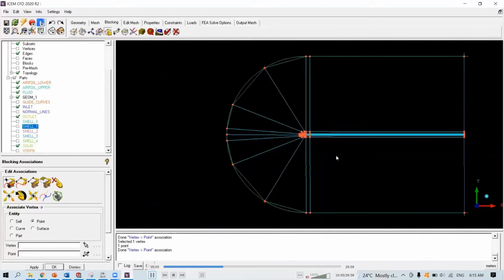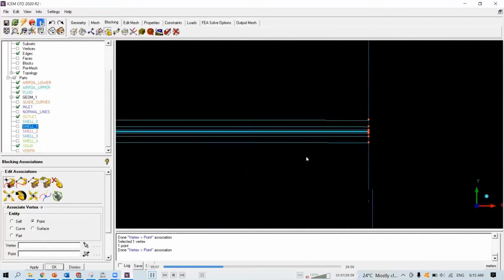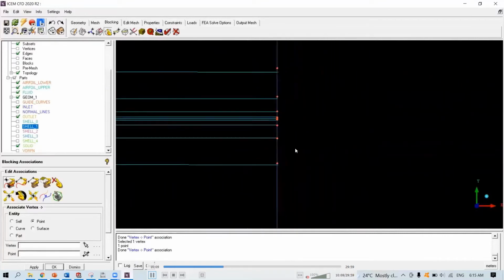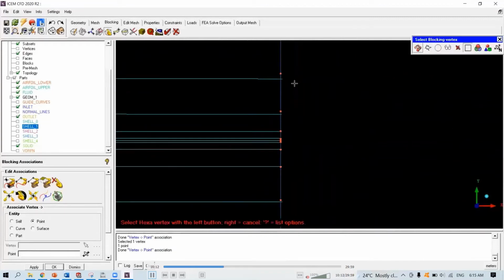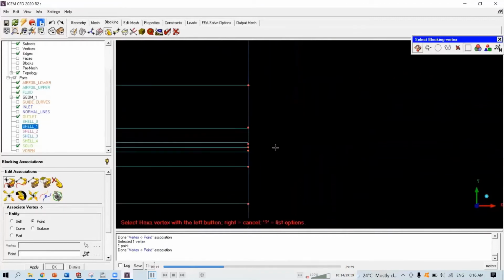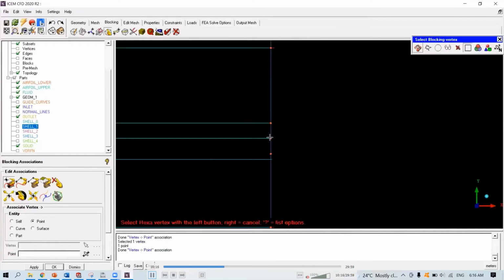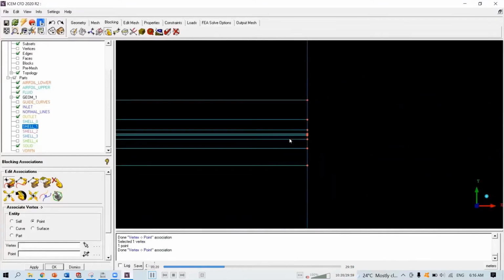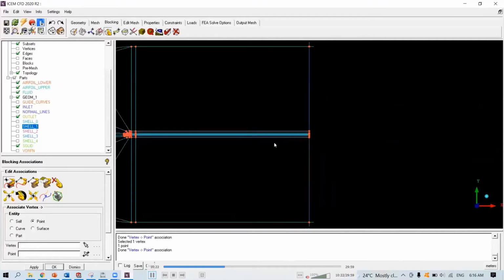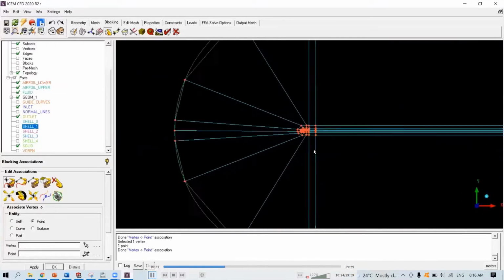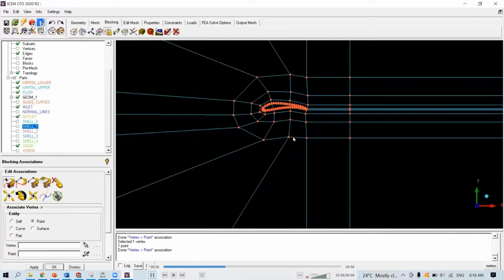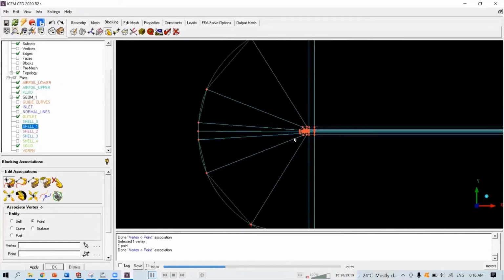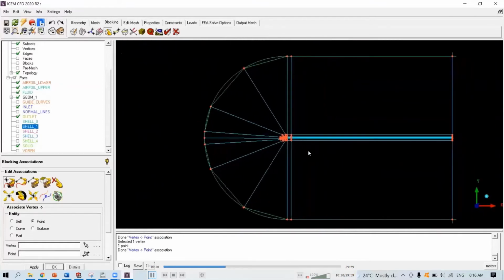Now we can go to the outlet. That's very easy to locate which vertex goes to which point. Okay. Now it's starting to look like our SolidWorks design.